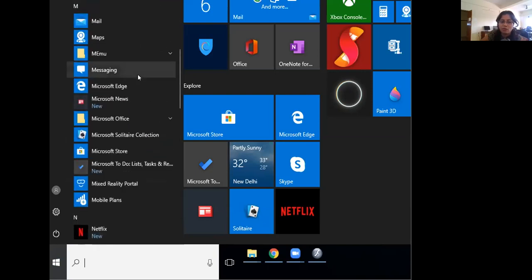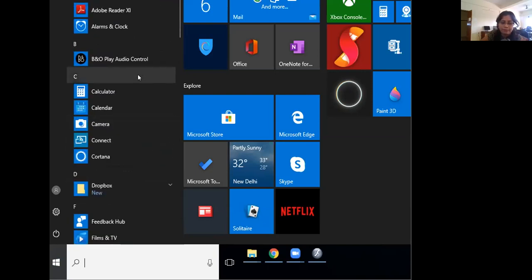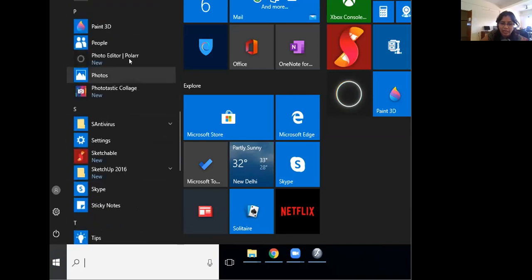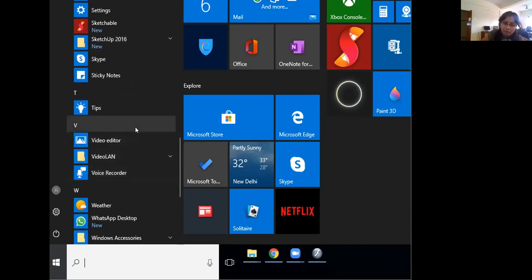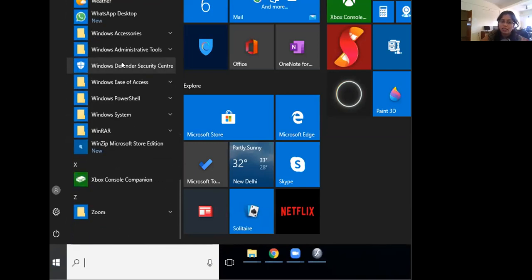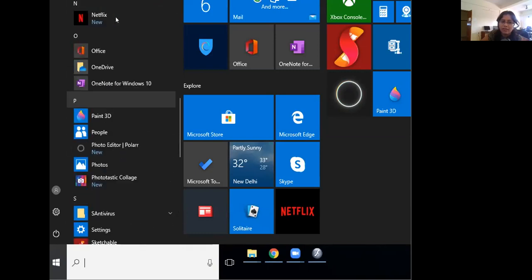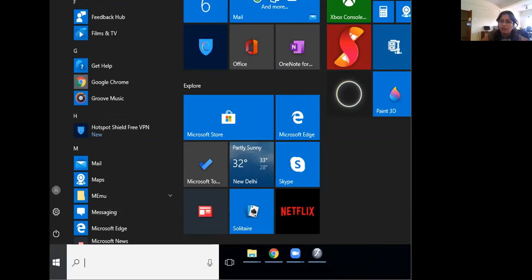So it helps me. Imagine I want to do painting, so I have to go here. I have to click on painting, correct? Like that, you have Tux Paint in your system, I don't have it on my laptop. You remember, from the start button, you have to go and search for Tux Paint. See here, my Zoom app is available. My WhatsApp desktop is available. Everything is available for me on my system.